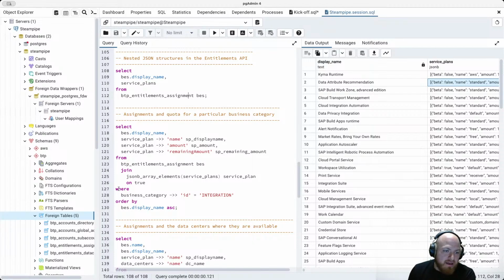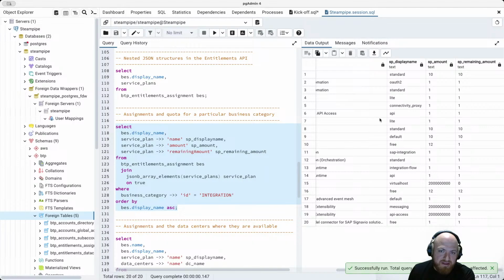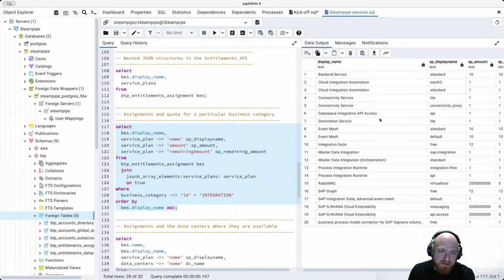Okay, so here you can see that I have a join, and what it's doing is joining the BTP entitlement assignments with the service plan data. Okay. And this service plan data, so for example, in this case, I'm only interested in integration services. So I'm going to query this, and boom, it retrieves just all the services that are in my entire